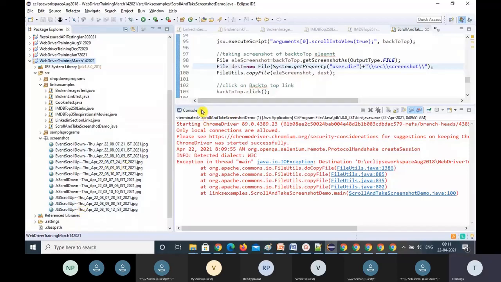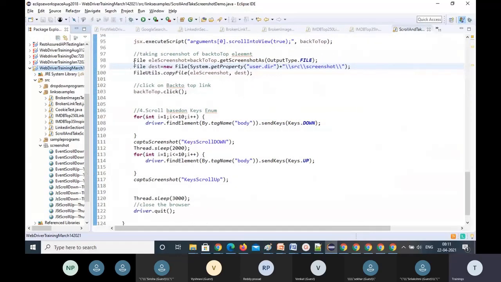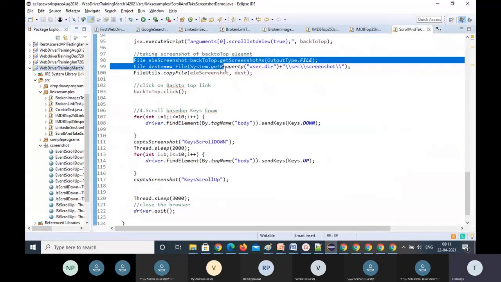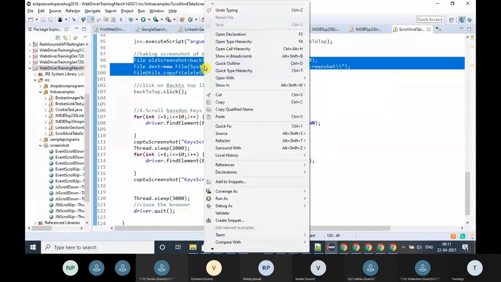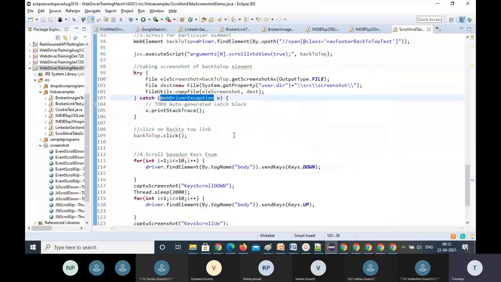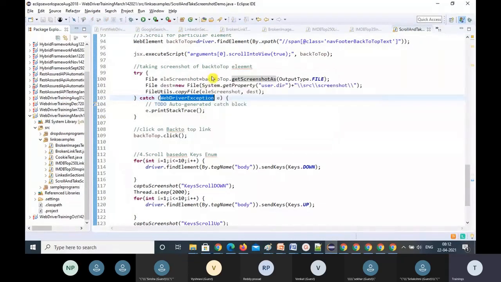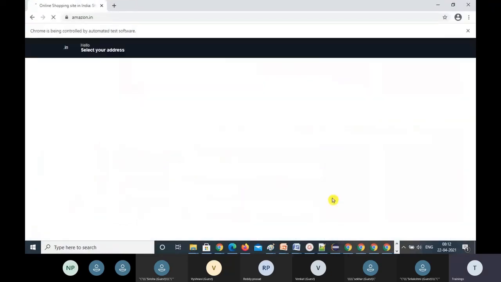Maybe I don't want to stop this. What I'll do is add a try catch block here. This is the line that is throwing an exception for me. I will add these lines inside the try catch block, so I don't want to stop my entire code, right? Even if failure occurs, I want to delete this. So I'll add it again and run again so that it will be available. The entire code will execute at least. That's the try catch block advantage. The rest of the code should continue, right? There's no dependency on that.